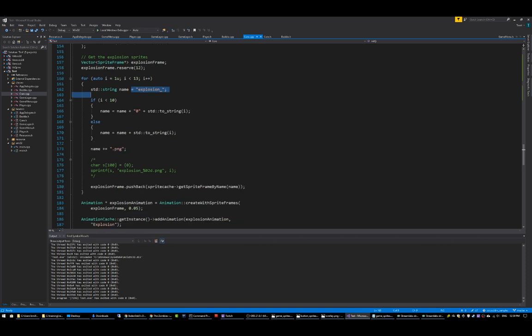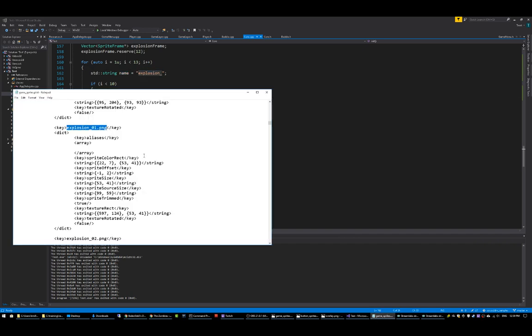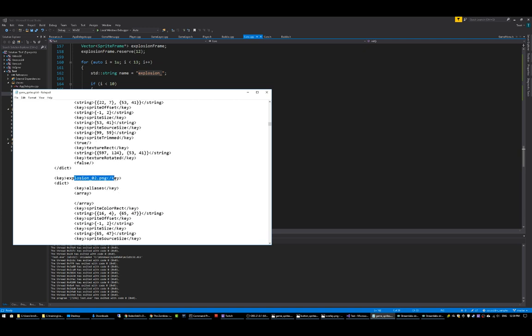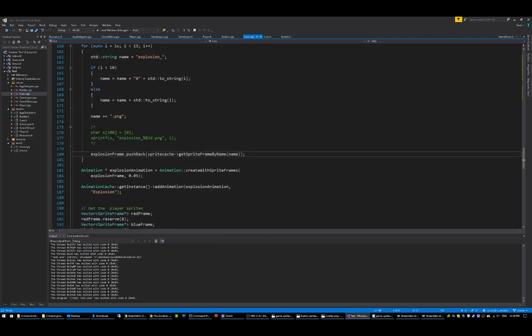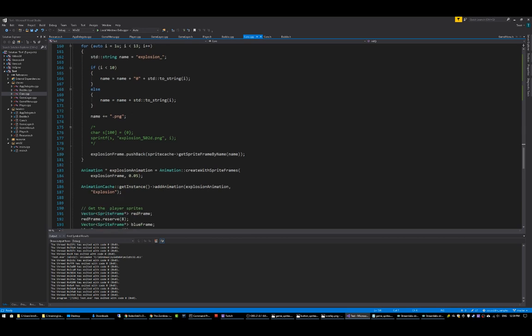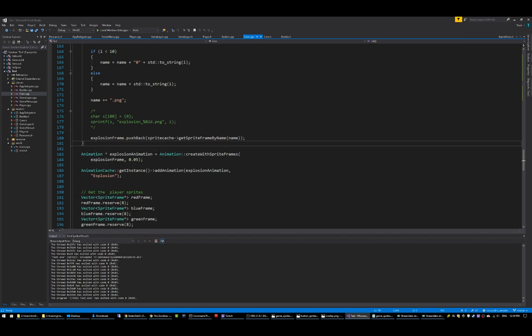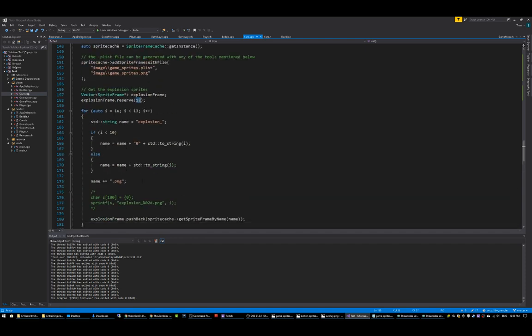So if we look at the explosion, in this collection, we just loop through and build the name, which is that key inside of the plist. We just build the name explosion 1, explosion 2, and we fetch each individual one by calling this sprite cache get sprite by frame, right? The sprites are already loaded in memory because this line of code pushed them all into the sprite cache. And we just call them by the little unique name underneath the key that the Texture Packer XML file defined that sprite as. So I can push all 14, or all 12, pardon me, of those